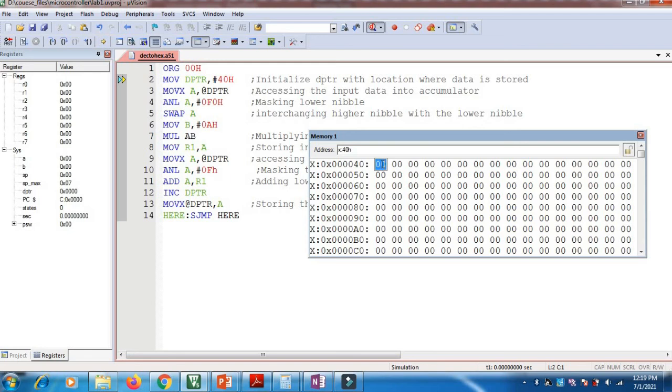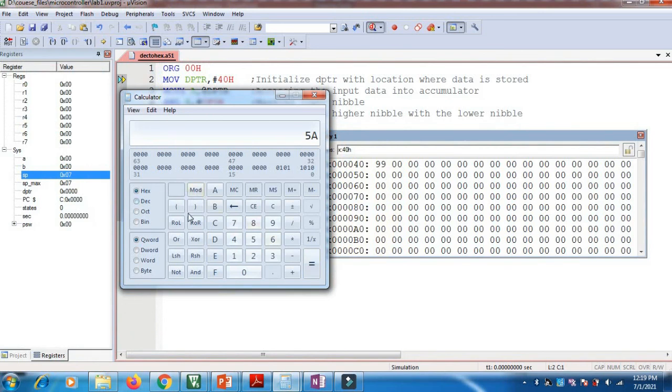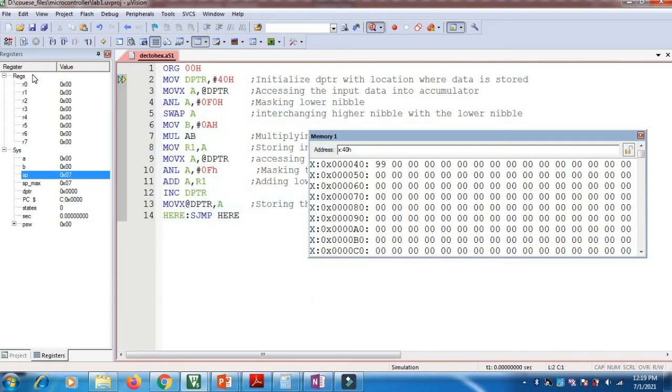If I give 99 here, first we'll check with the calculator what the answer is for 99. In decimal it is 99, in hexadecimal it is 63. Let's run this program. See, we got 63.